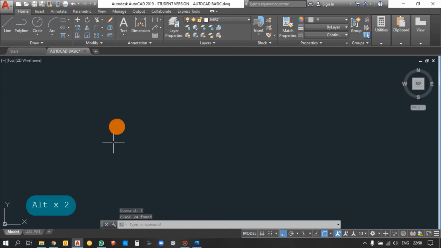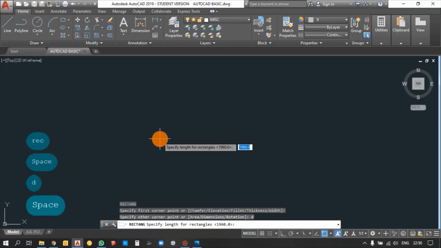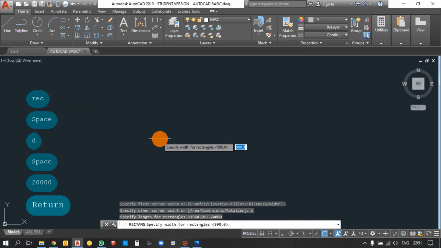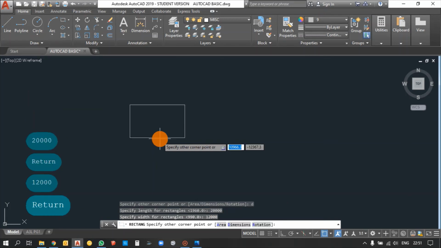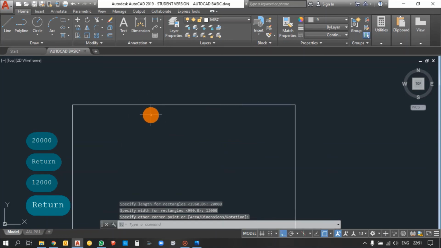And I will show you how to place some modules on a roof and how to create a roof in AutoCAD. So I have a rooftop with certain dimensions. So go for dimension. So rectangular, D, enter. So dimension of my building will be 20 meters in length, and width will be around 12 meters. So this is my rooftop. I have created it. So I have a roof with wall thickness, right?